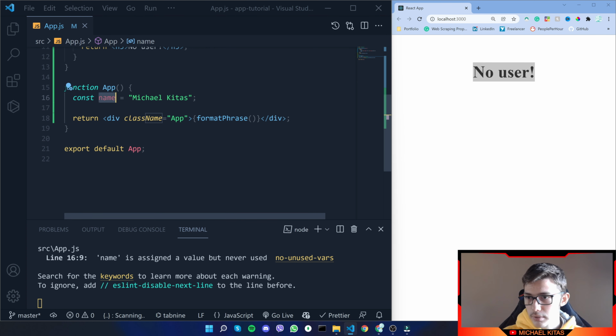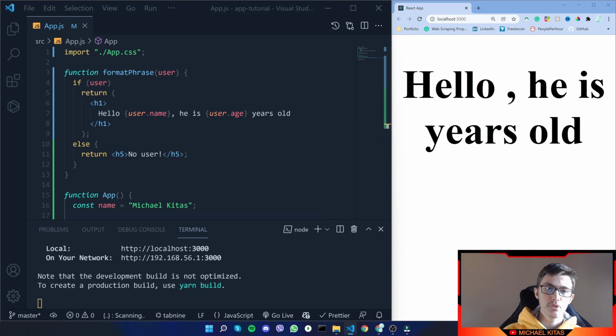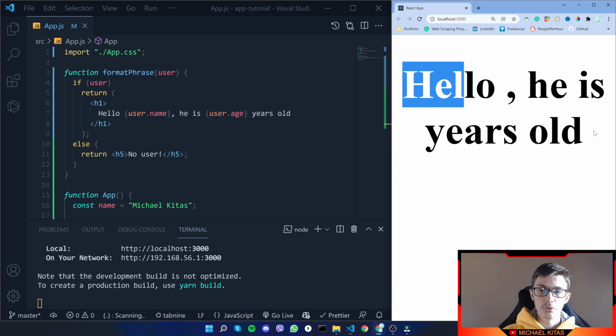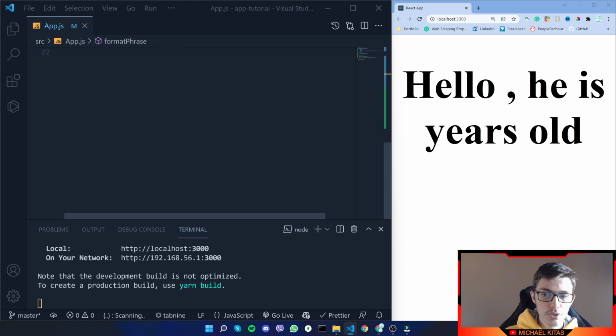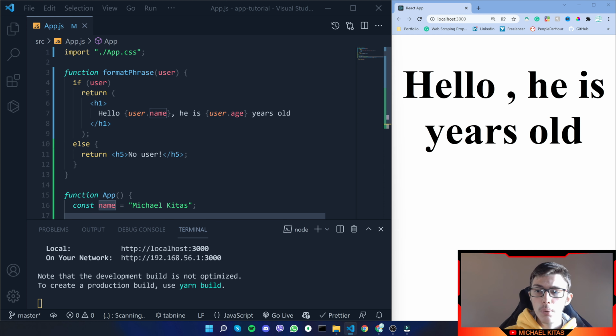Now let's do something else. Let's provide just a string, while it's not expecting a string. So as you'll see, it doesn't work correctly. It says hello, he is years old. So while it displays the text we want it to display, which is hello, it doesn't display the user.name because there is no name inside the user. It's just a string. So what we can do is use try catch